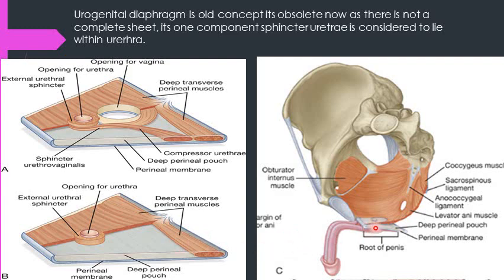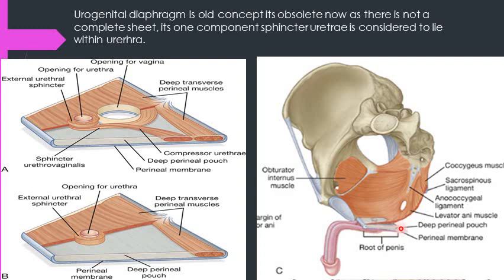This is going to lie over here just beneath the levator ani muscles into the perineum. So you can simply say that the perineum is the area which is present beneath the levator ani and pelvic diaphragm. So when you remove it, you are going to enter into the perineum from above, from the pelvic cavity. This area is showing you the perineal membrane, which is only covering and present along the anterior aspect,